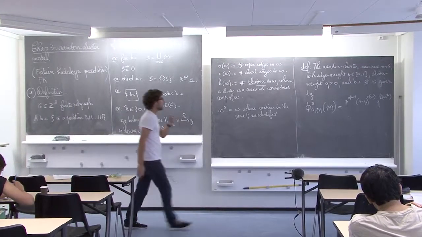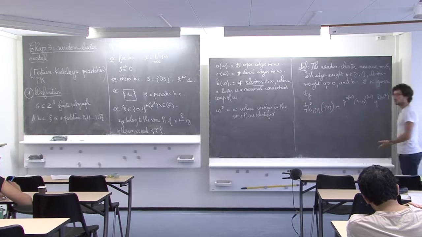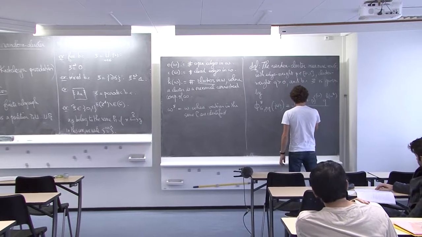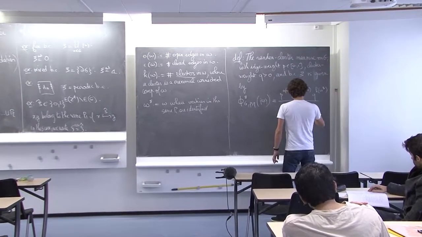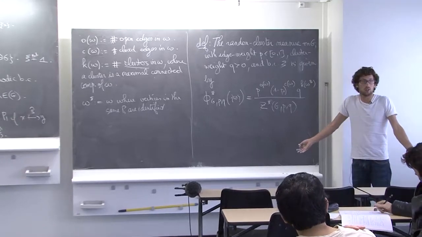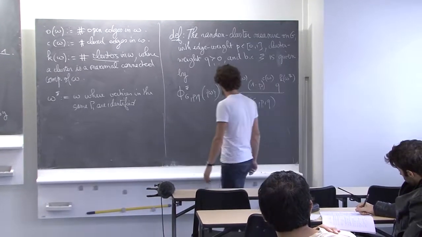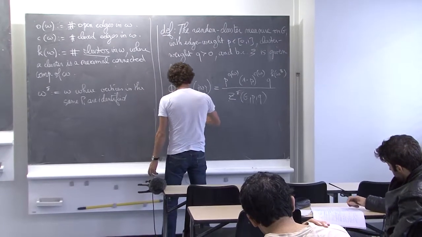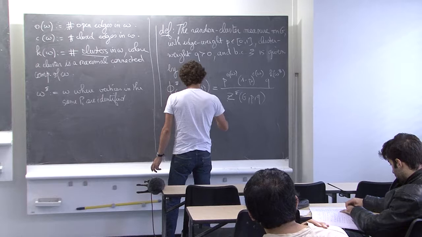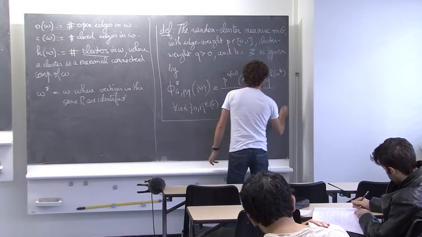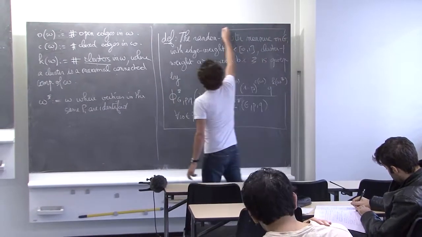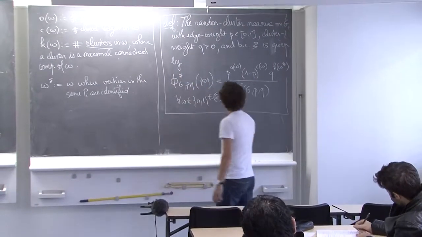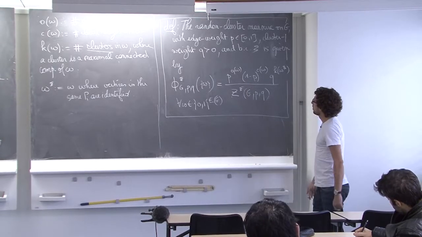Okay? And if I just write like that, this is not a probability measure, a priori. So I'm going to divide by a certain number, which is just normalizing my quantity. So here, this is for every omega in {0, 1} to the edges of G. Good. So this is a definition of my probability measure.